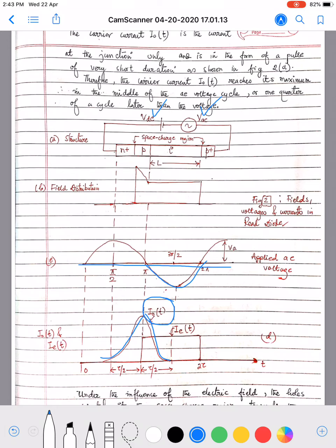Now the question is, as there is a generation of a pulse, what will happen? This will lead to an external current in the circuit. Now this is the generation of the external current. There is a phase lag due to the traversal of the whole path of the intrinsic region L. So a current pulse generated in the N plus P region will take tau by 2 amount of time to reach the negative electrode.